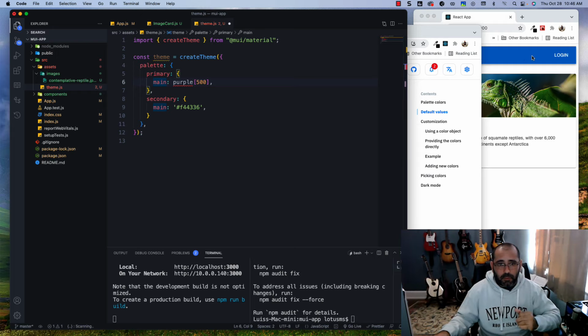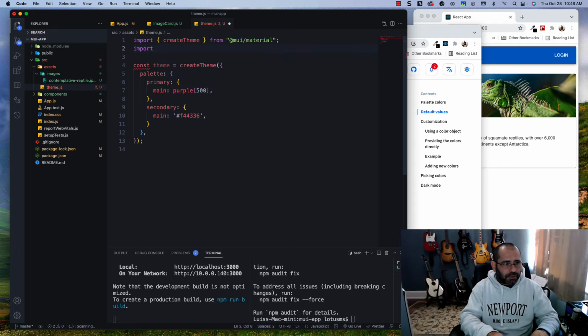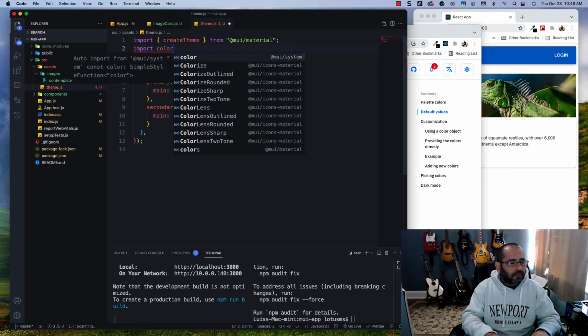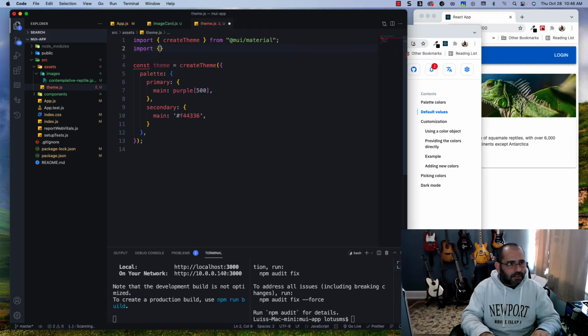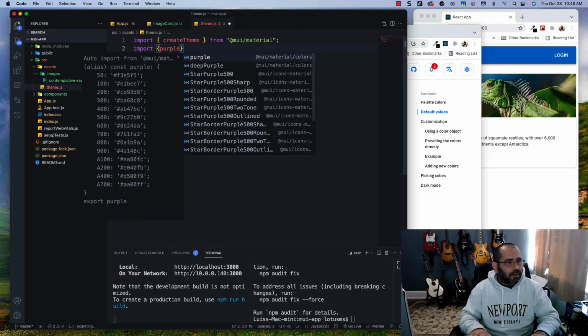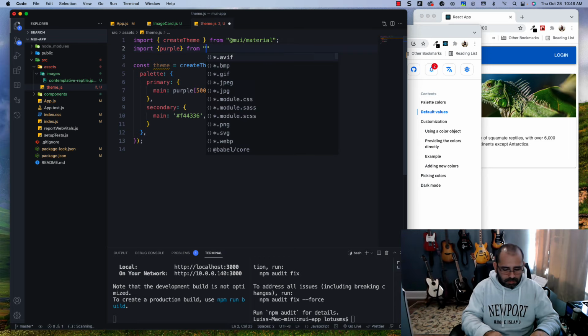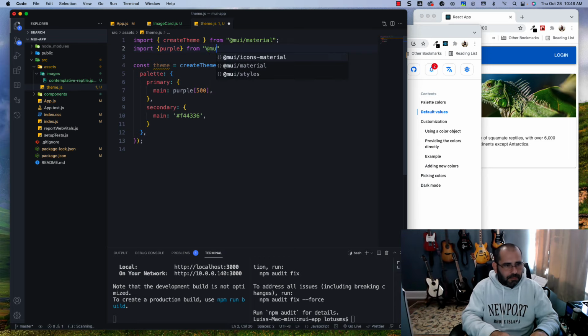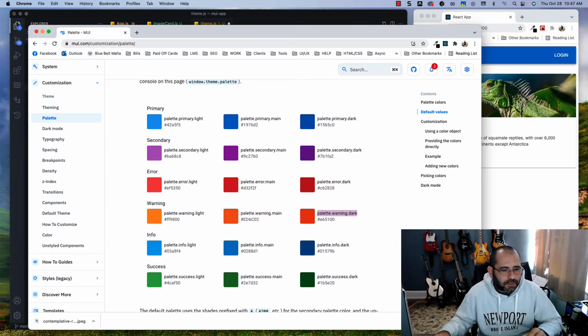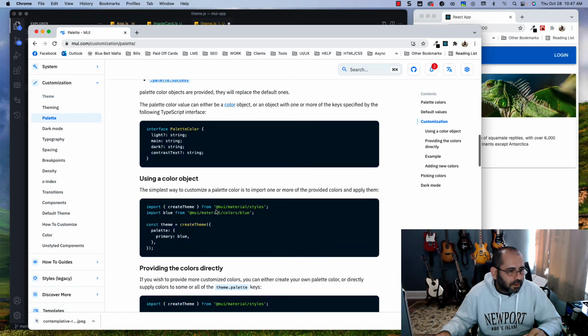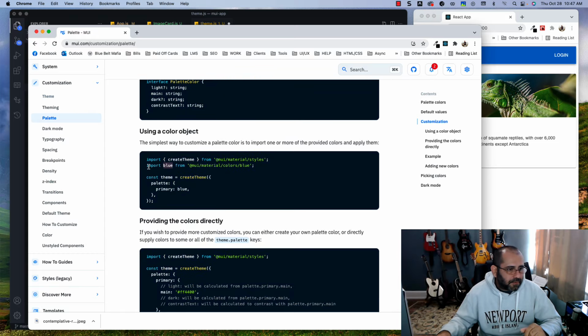We're changing this main color, which is blue right now, to this purple 500. Now what does that purple 500 mean? Well, in order for you to do that, you're going to have to bring in your colors. Actually, in this case, it's going to be purple from MUI material colors. Just to show you, you can see right here, for example, they're importing this blue from MUI material colors blue,